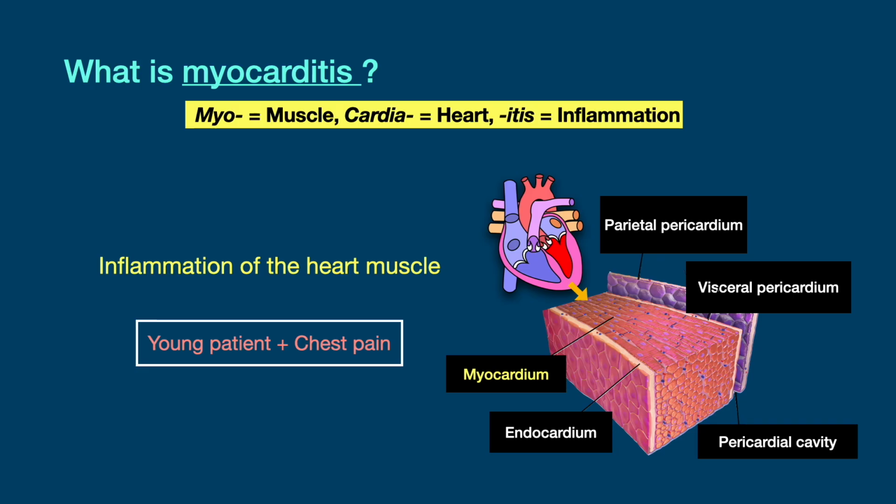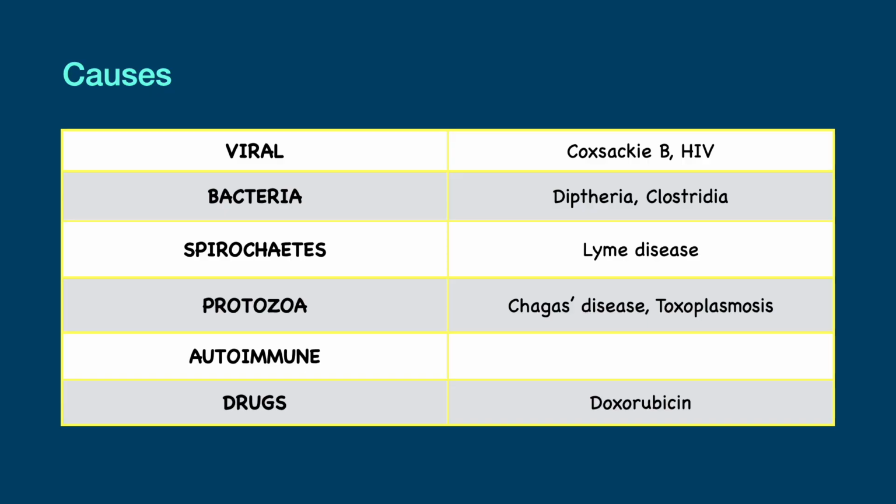So, what is myocarditis? Myocarditis describes inflammation of the myocardium. There are a wide range of underlying causes, and it should be particularly considered in young patients who present with chest pain. The causes include viral infections such as Coxsackie B and HIV infection, bacterial infections such as caused by